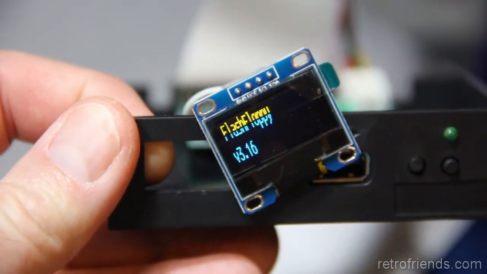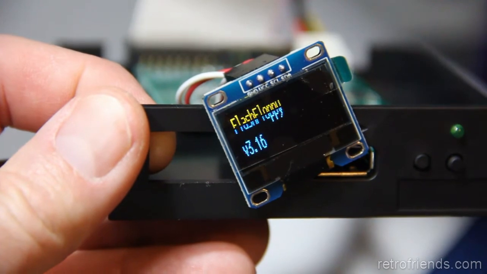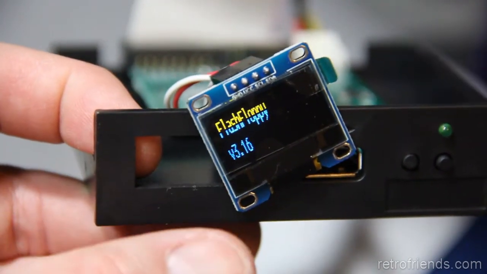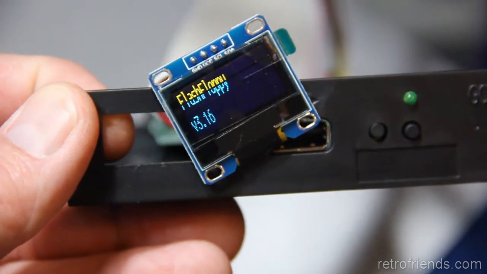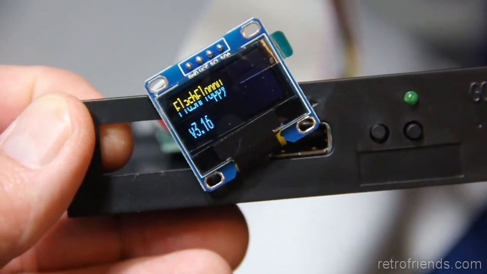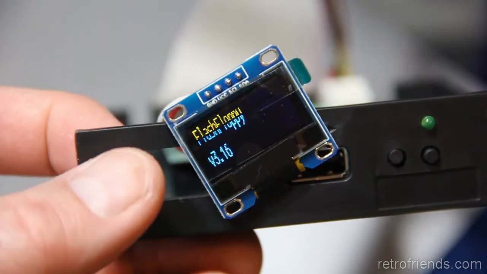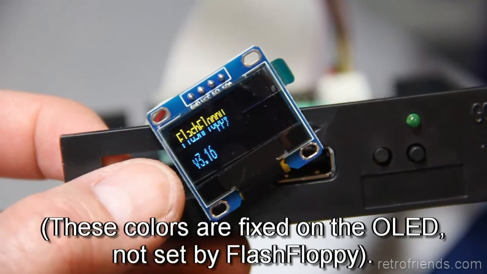The refresh rate of the camera and the refresh rate of the OLED are different, so you're seeing some banding, some vertical lines going up. That's what I see in the viewfinder anyway. So as you can see, this particular OLED common, the top several pixels are in yellow and the remainder are